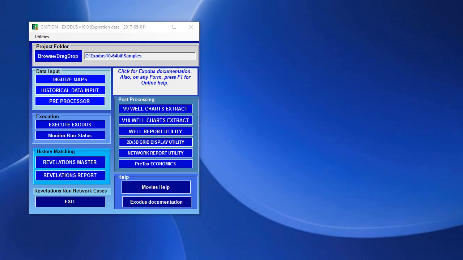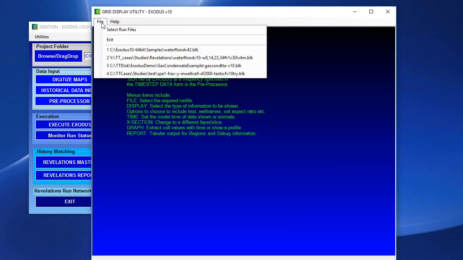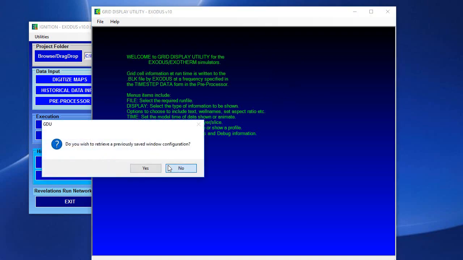This tutorial is about how to use the 3D visualization option in looking at results of the simulation runs in the 2D, 3D grid display utility. When we start off that program, we are able to obtain a 2D picture. So let's open a run file that we have run in the samples folder, and we can open up